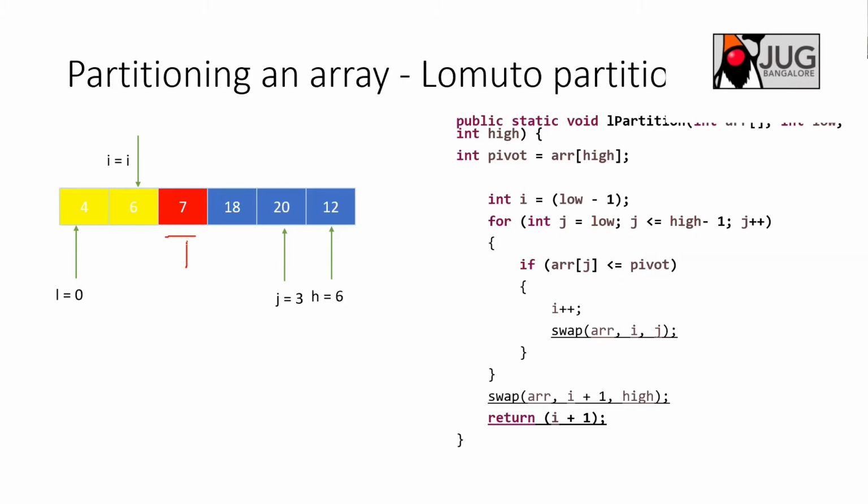This is the pivot element, which is placed at the right position. The right of the pivot element in the array are all greater, and the left side of the pivot element are all smaller elements, right? So the pivot is basically placed at the right place. Do remember that it is not the expectation of the algorithm that it will sort that array. The right side elements can be in any order, which is not our goal. So 20 can come here, or 18 can come here, 12 can come here, any order. But the base condition is that they have to be greater than the pivot element.